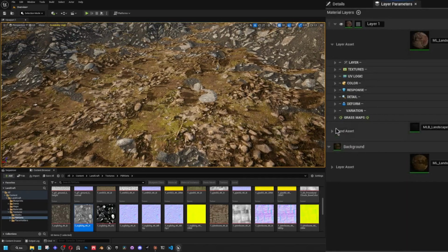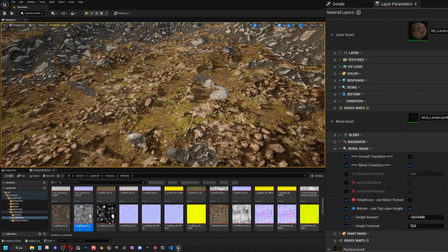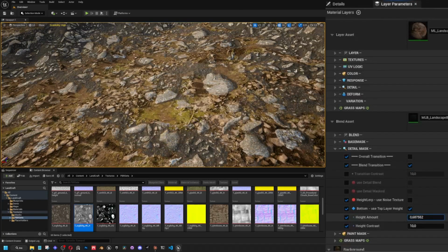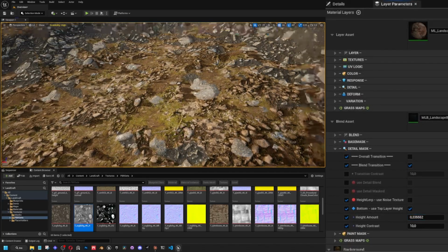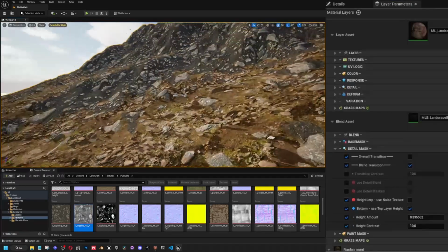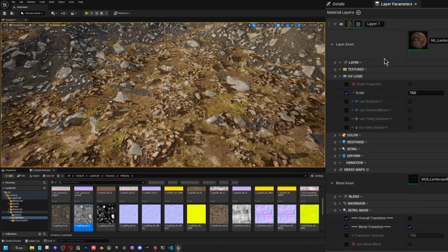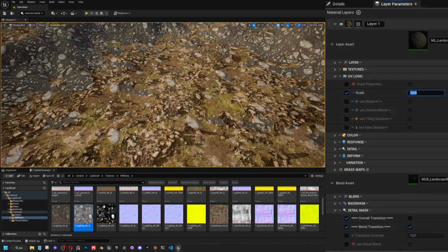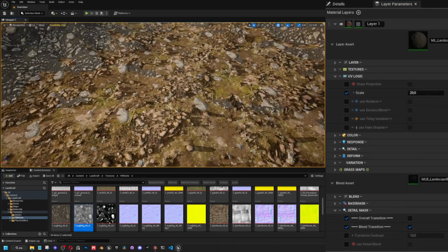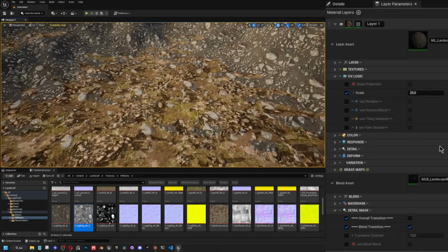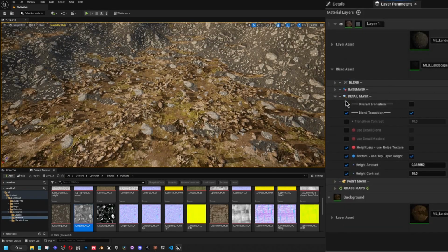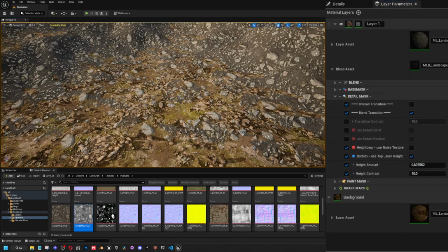So right now, again, we are using the displacement from the top layer, so we will start to see our big rocks, which is really big actually. I want to make them smaller, so I can come over here on the top layer and increase the scale, and it will immediately affect the layer and the blend, because the blend is directly feeding from the top layer. So here I can use, and you can see I immediately see the rocks here,